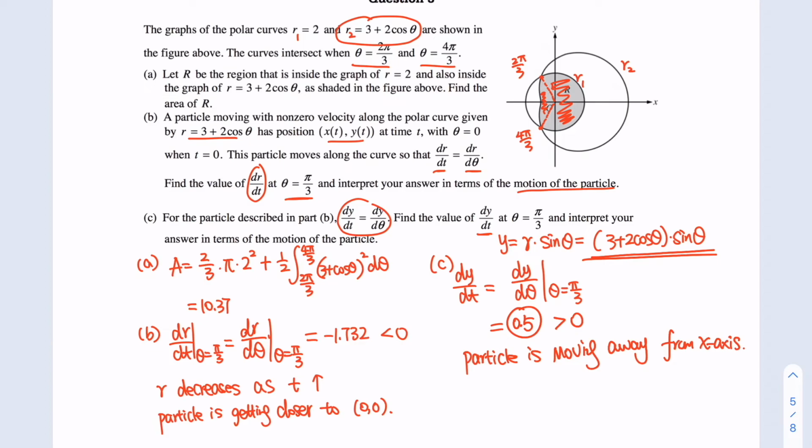Let's have a look at the rubrics. 1 point for this part, 1 point for the limit, 1 point for the integrand, and 1 point for the final answer. dr over d theta here, 1 point, the value, negative, explanation, 1 point, expression, 1 point, 1 point here, and 1 point